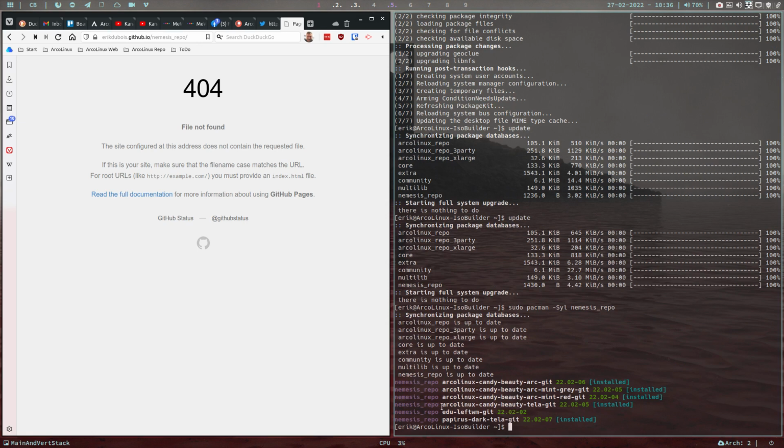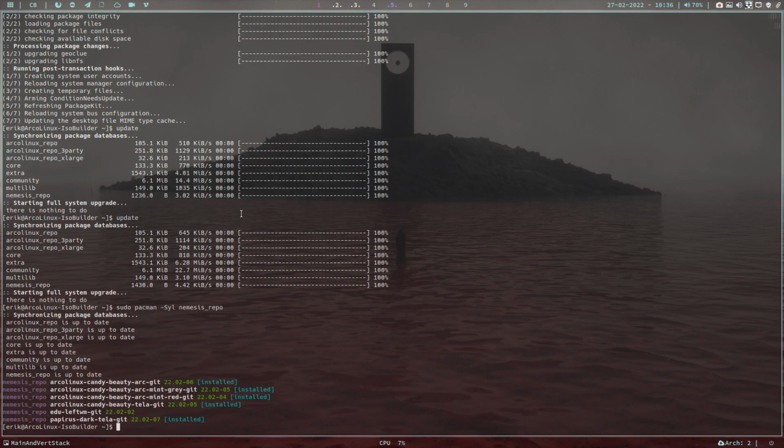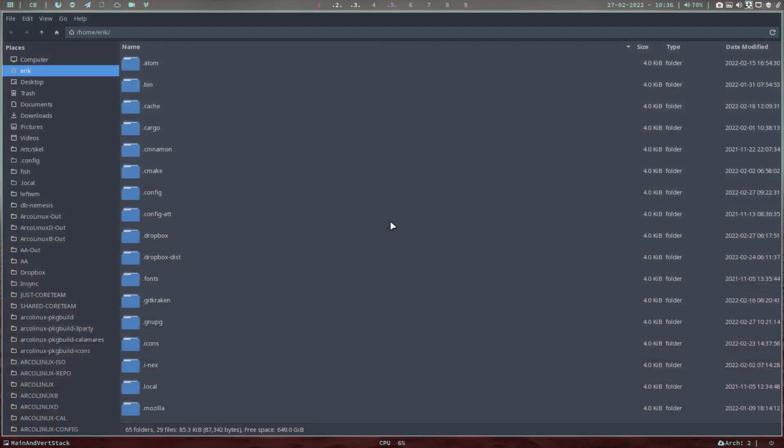I just refreshed, and I do find something strange here. Edu Leftwm kit. So what's that? So that's the code. And then you know, it's there. And do we see something? No, apparently there's nothing shown on that URL. But it is Pacman who says, found it, Edu Leftwm kit. All right. Next thing is,